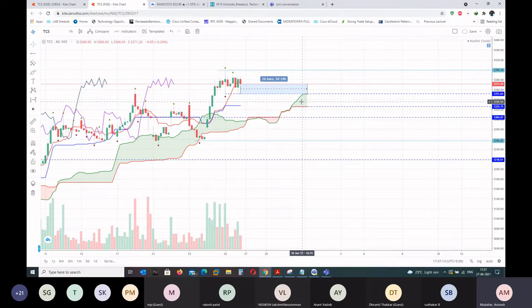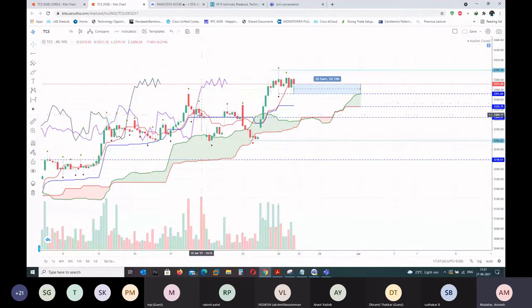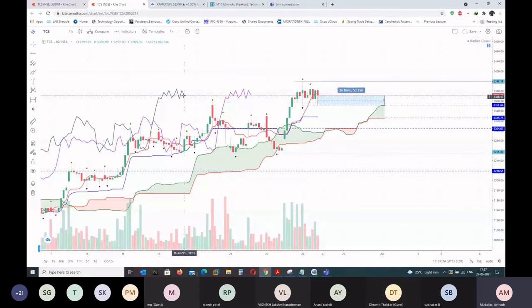You can see the future cloud is green. Green means bullish. Price is above Tenkan-sen, Kijun-sen, bullish. The current price is above the current cloud, bullish. And you can see momentum. The Chikou span will show momentum. The current Chikou span is above the current candle, way above it, so it's bullish. You can see the 52 week high, it's above the current candle. It's the 52 candle, so it's bullish.